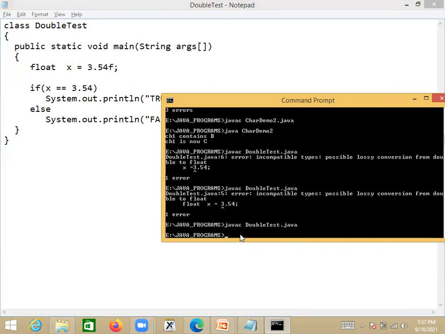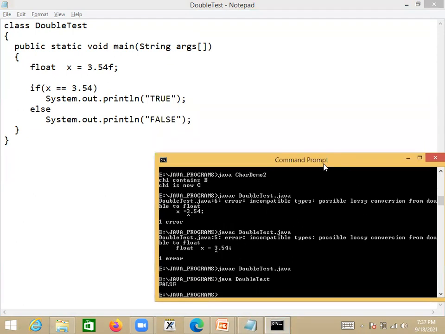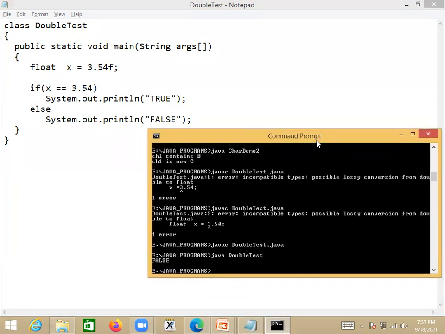Now the code has been compiled successfully. So now we can see, double test. Now see, it has printed false. Still there is an ambiguity in the program.